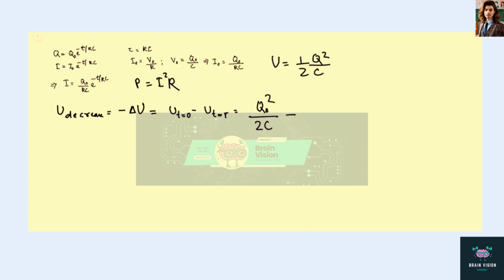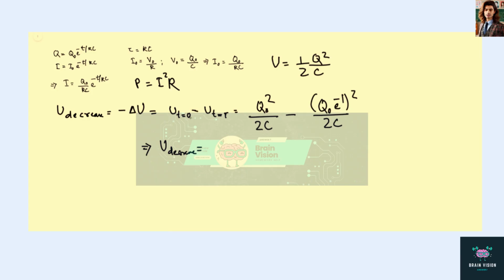And at t equals tau, and tau being RC, e to the power minus tau over RC becomes just e to the power minus 1. So Q is Q naught over e. So for this case, we have Q naught e to the power minus 1, and I have to take a square because the charge square over 2C. So from here we get the decrease in potential energy to be equal to